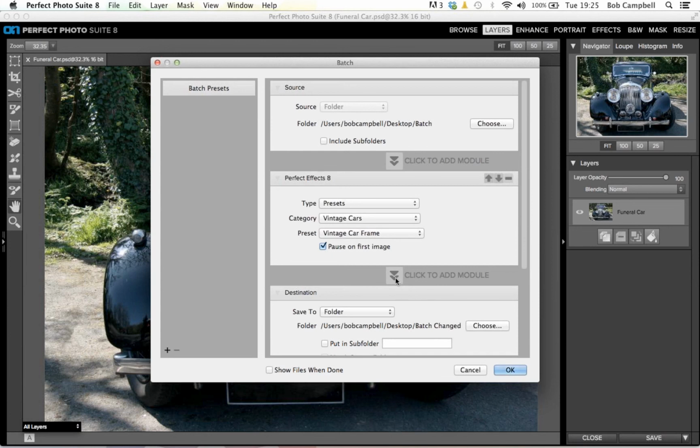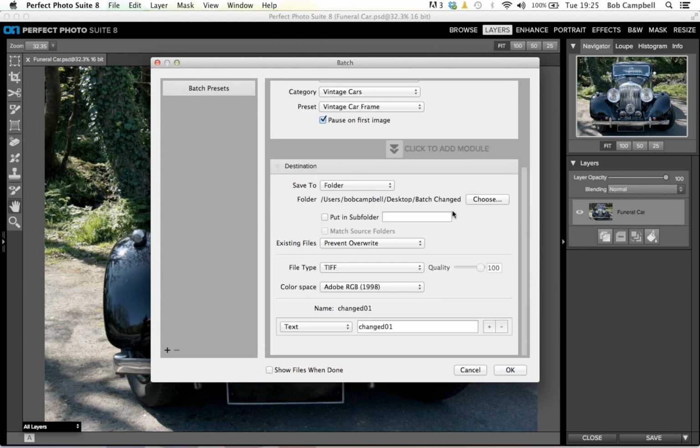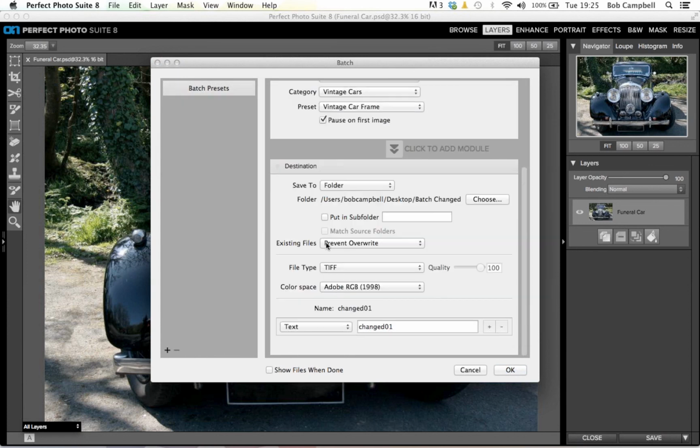Then I can say, click to add module, another one. Do I have an effect in Perfect Black and White? Make a conversion to black and white, then apply a beautiful grayscale effect, and no, I don't. So I'm not going to apply any more effects. I'm going to save to a folder called Batch Changed. Okay? I'm going to pick Choose for that particular folder,